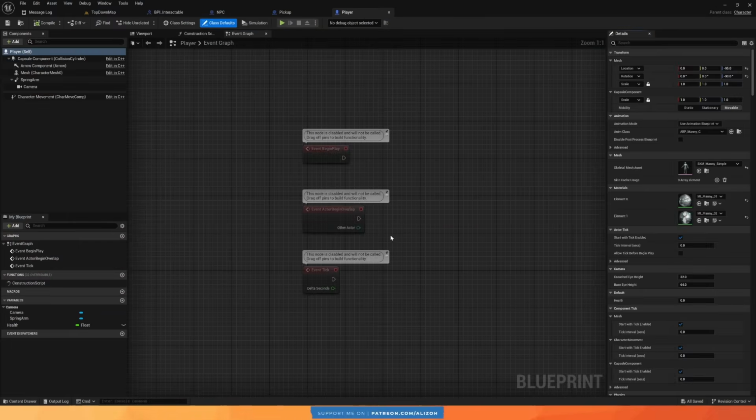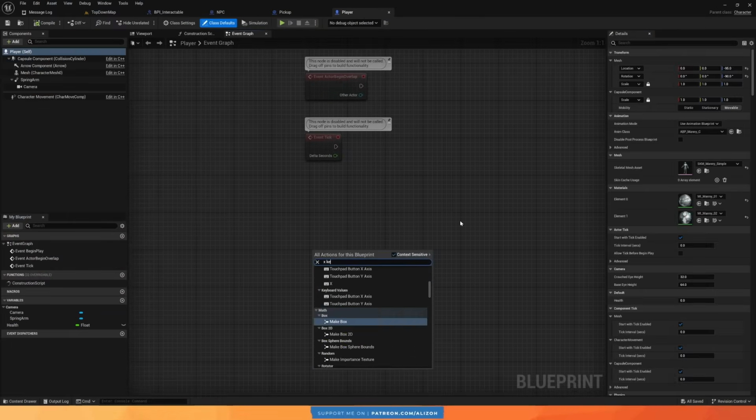Great. Now we just defined an interface and implemented it in two classes, but we haven't used the interface functions anywhere. And this is where the magic of interfaces comes up. It's how they enable communication between different classes. To show you what I mean, let's go to our player and do something very simple. So in my player, when I press X on the keyboard,